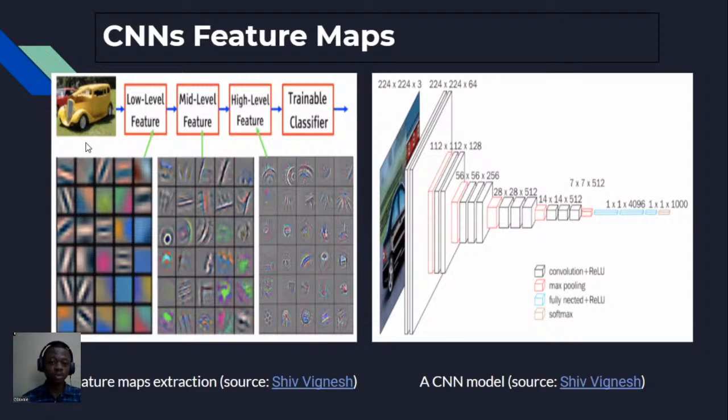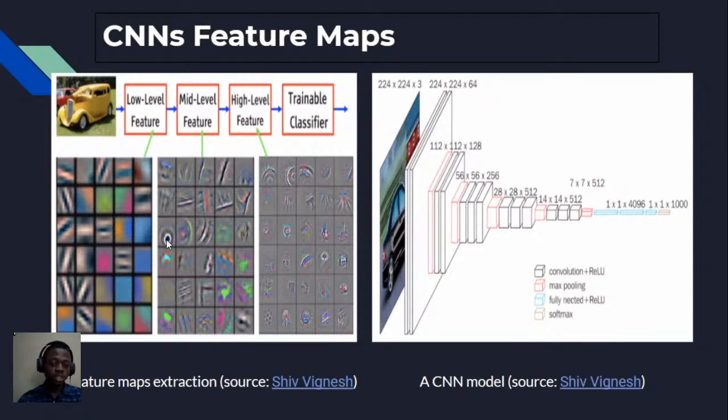We have different filters which are going to try to extract different information, that is different feature maps, from this particular image. Like I said, there are different filters for different work. Over here we have filters for low-level features. It could just be general information on that particular image, maybe the colors or things that are more general. And also mid-level features, which could be looking at some specifics, for example, looking at the tires, trying to get information on the tires and such,